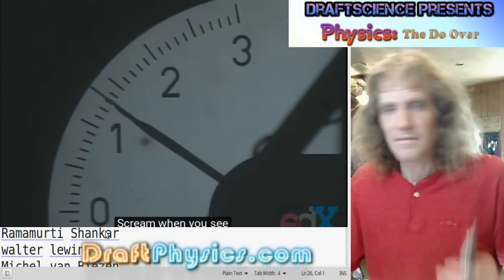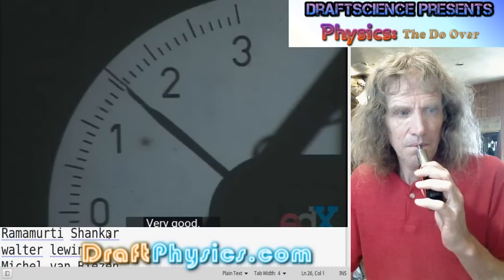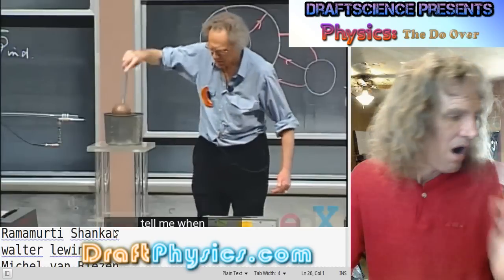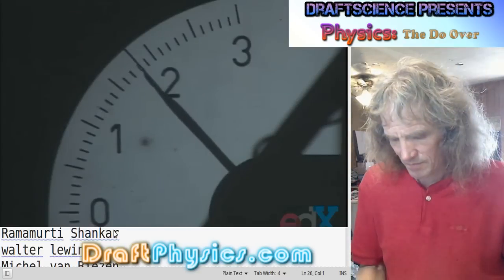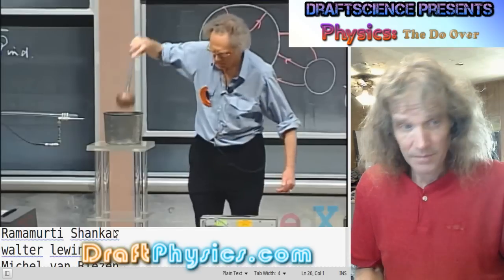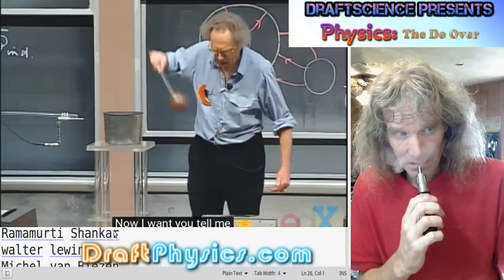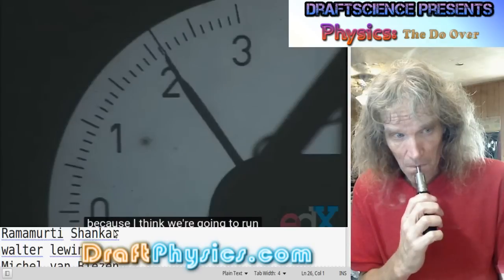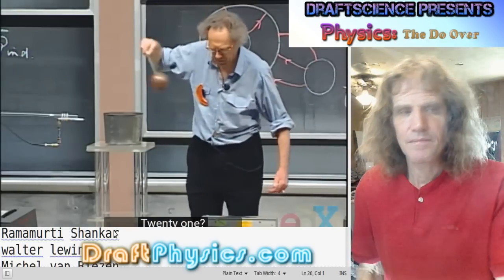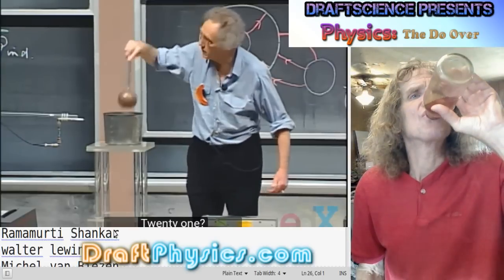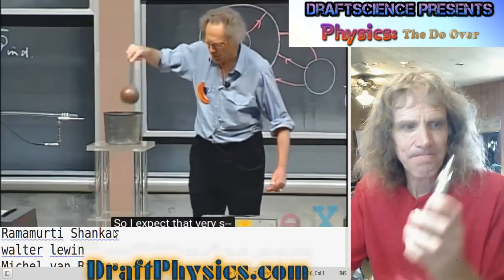Scream when you see 15,000. Very good. Keep an eye on it. Tell me when you see 20,000. I don't hear anything. Now I want you to tell me every 1,000, because I think we're going to run into the wall very quickly. 21? I want to hear 22. Already at 23. So I expect that very quickly now,